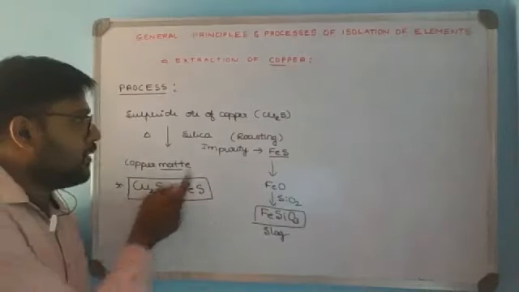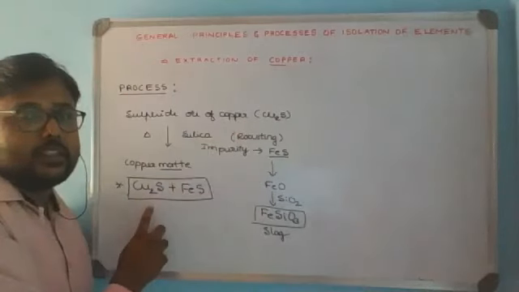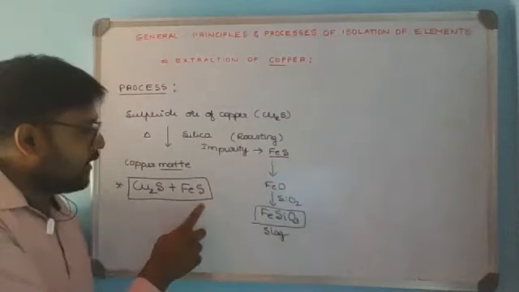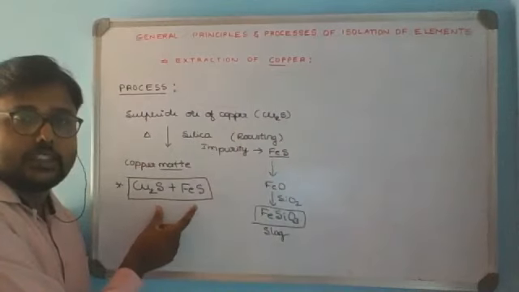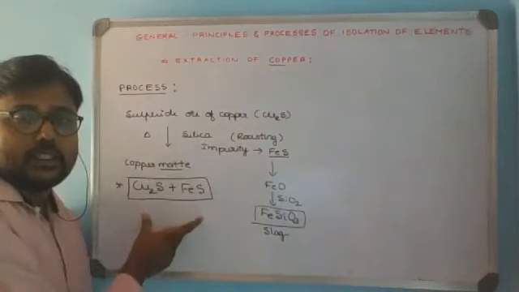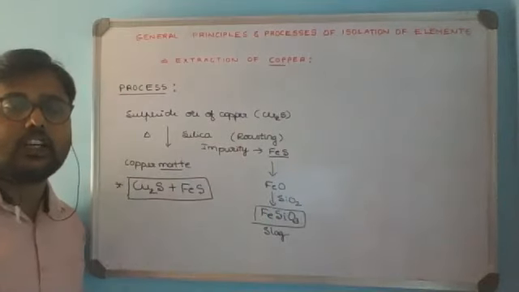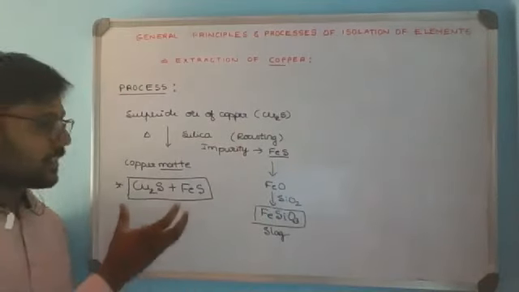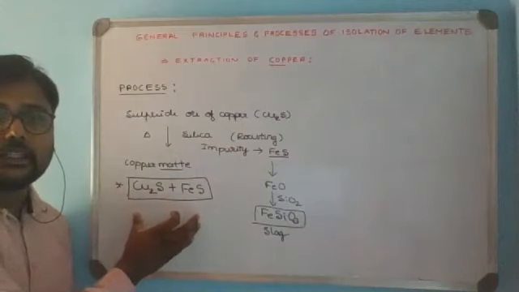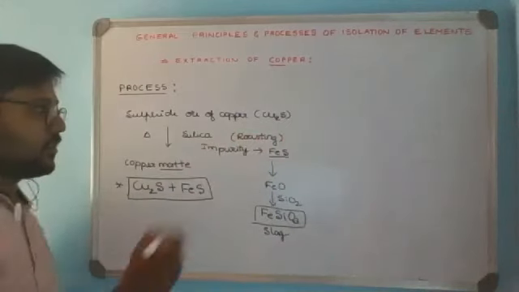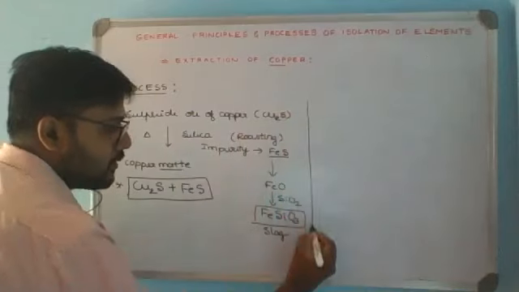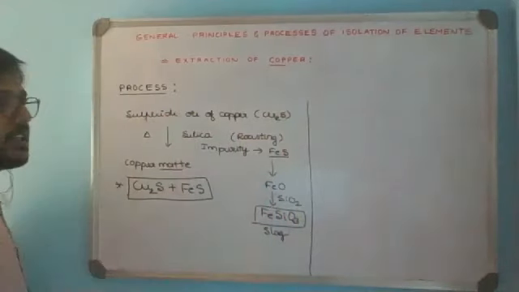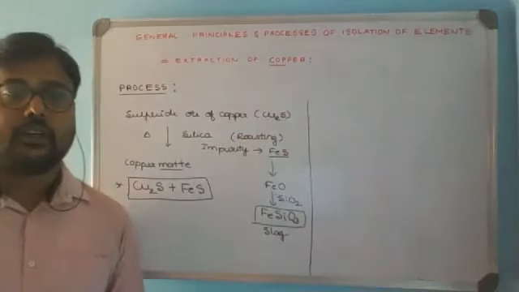You can easily remember the ore of copper, Cu2S, and the impurity associated with that, FeS. The mixture of this which is obtained upon heating, with the specific composition, is called copper matte. Now how to extract the copper by using this copper matte is the extension of the process. So this will be the information regarding the introduction to the extraction process.